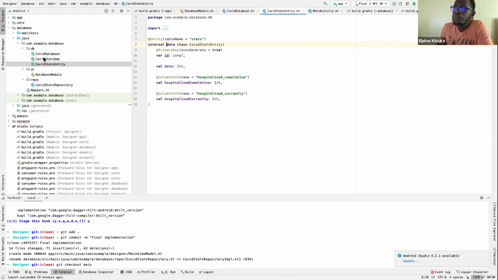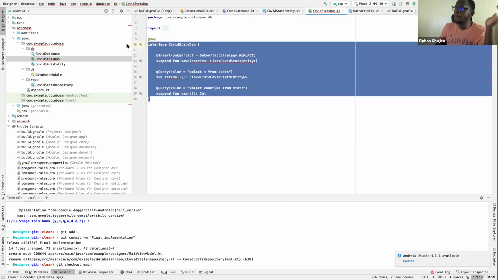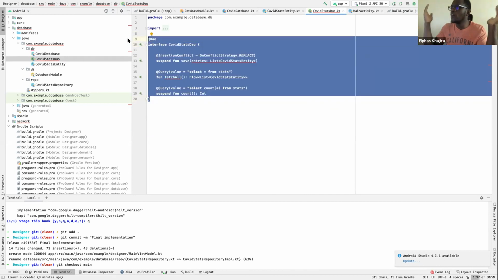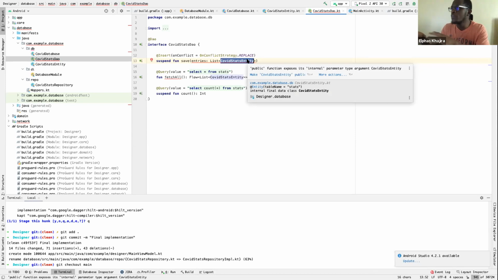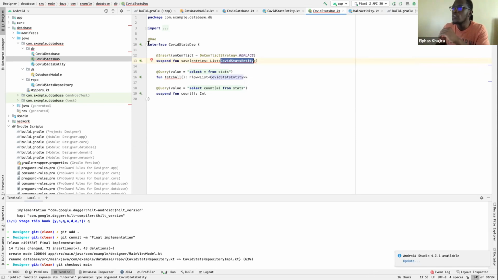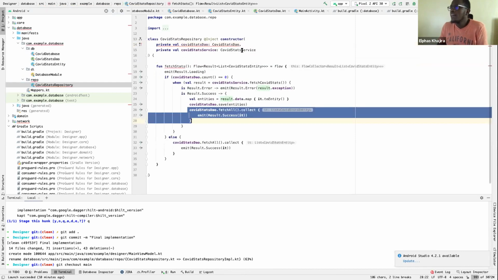And then, of course, the DAO, we also don't want the DAO. The DAO will already start complaining that you're trying to expose an entity. The DAO will say, I am available out there, but you are saying I can expose the COVID entity, which says I don't want to be exposed. So what that means, we'll also have to do here, internal. And then, now, the repository, on the other hand, as well, will complain.